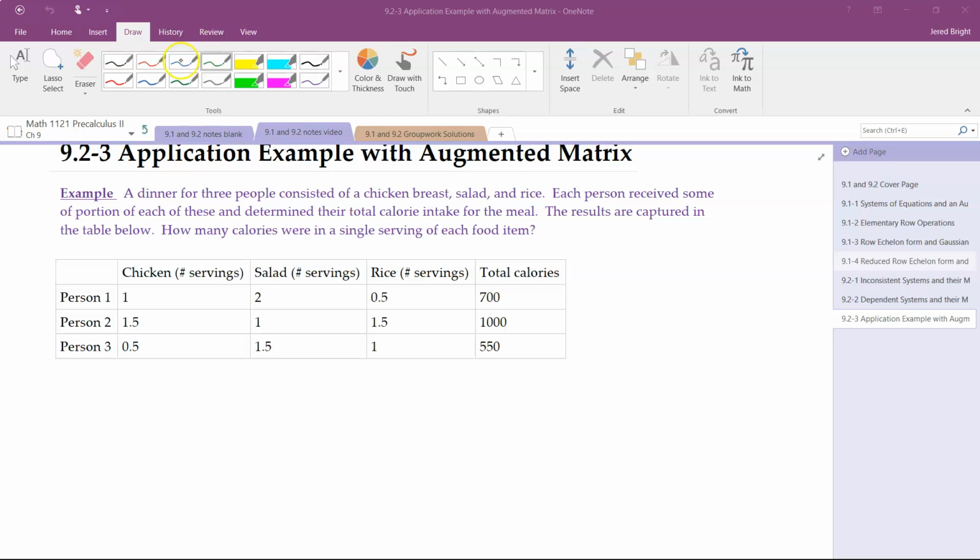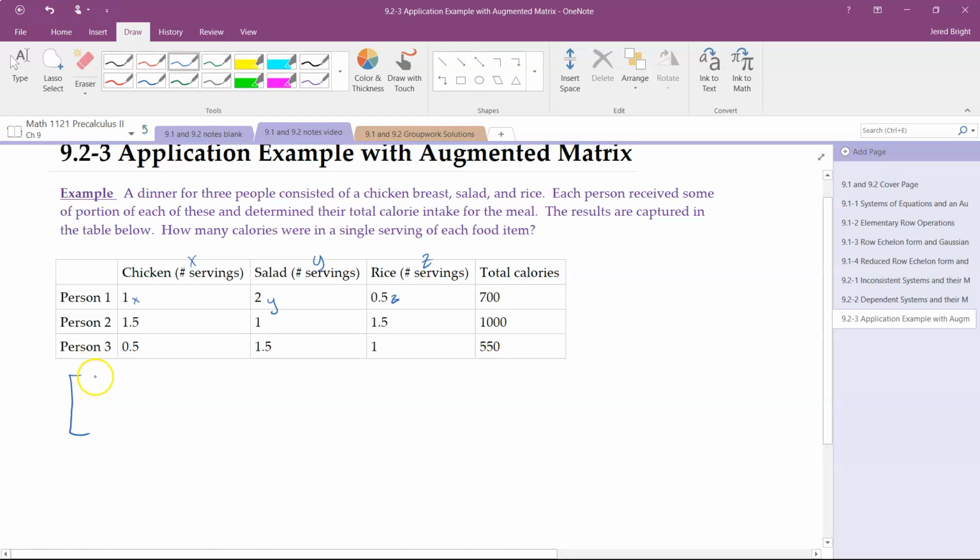Okay, so what we can imagine is that this is like chicken. This is like 1x plus 2y, right? So we're saying x is the number of servings of chicken, y is the number of servings of salad, and z is the number of servings of rice. So then we can visualize this as 1x plus 2y plus 0.5z is equal to 700. So actually, z is calories per serving, and then this is the number of servings. We can sort of visualize the equation like that, but we can bypass the equations and actually just jump right